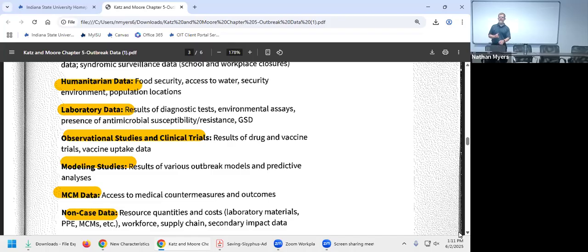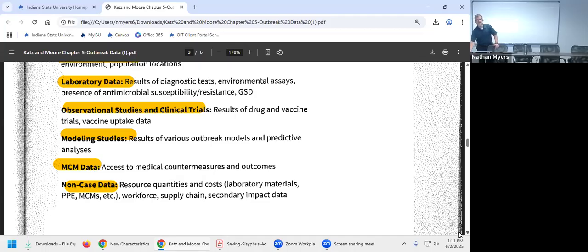Has it reduced infection? So you'd want to collect that data. And then it talks about non-case data. This is about things like quantities and costs of laboratory materials, personal protective equipment, medical countermeasures, workforce, supply chain, secondary